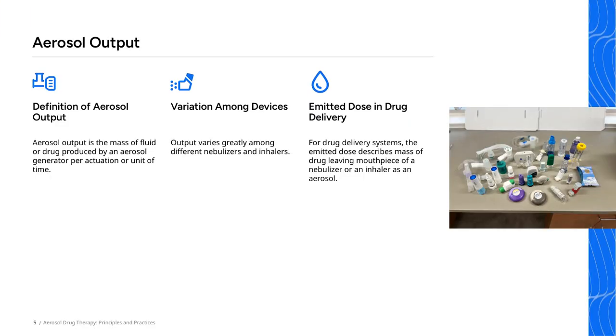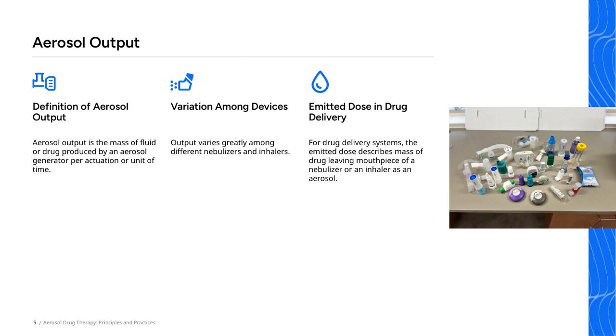Let's take a closer look at aerosol output in drug delivery. When we talk about the emitted dose, we're referring to the amount of medication that actually leaves the mouthpiece of a nebulizer or inhaler as an aerosol. This is a crucial point because it directly impacts how much drug reaches the patient's lungs. It's important to note that the amount of aerosol output can vary significantly among different devices. Some nebulizers and inhalers deliver more consistent doses, while others may produce less or more depending on their design and